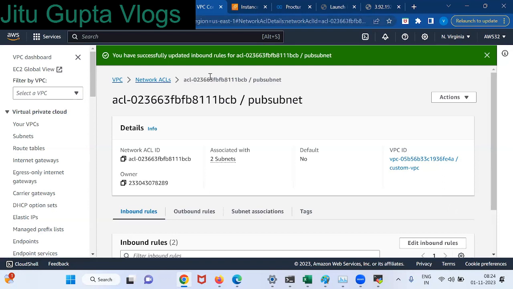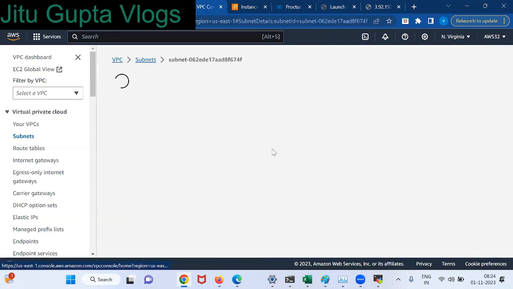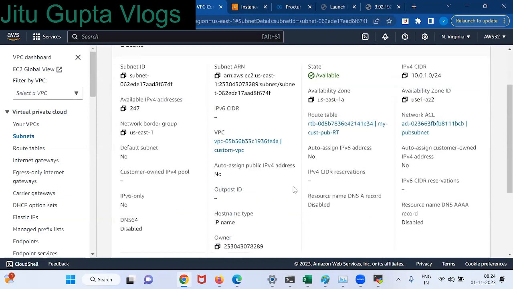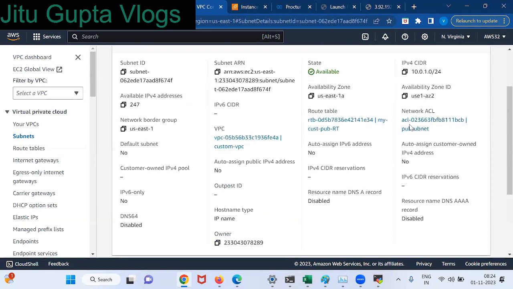Will it work or not? Do I need to attach the subnet again? If you go into my public subnet, is the rule already attached or not? See, it's already attached, right? Every time, do you need to attach?